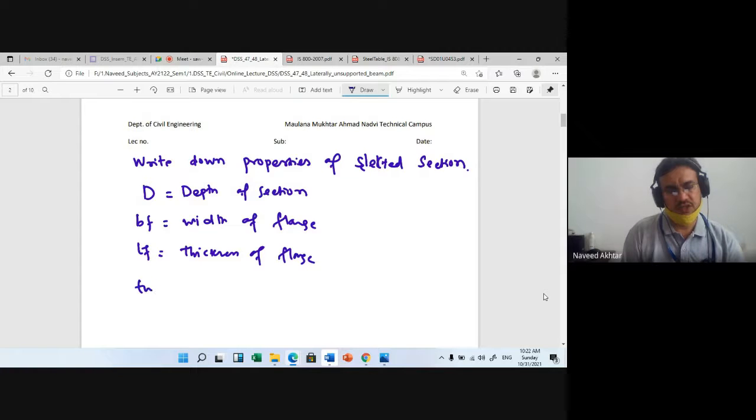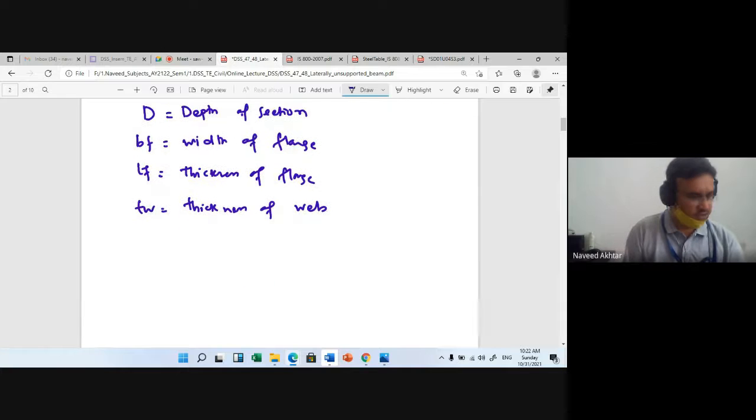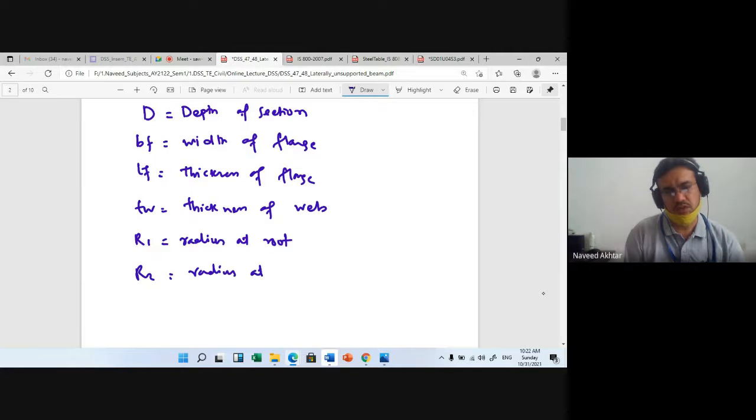Then TW is the thickness of web. All the section properties: R1 radius at root, R2 radius at toe, IZZ moment of inertia about major axis,